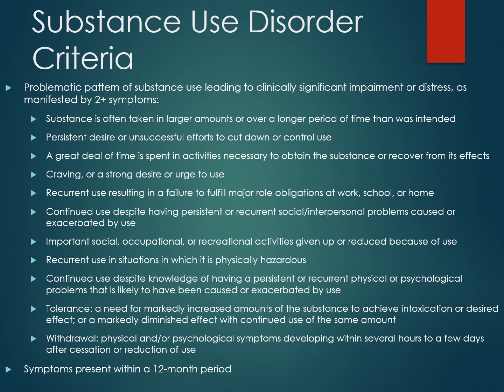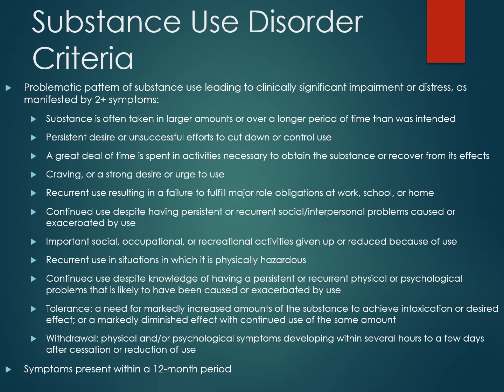The third criterion is that the individual spends a lot of time engaged in attempts to obtain the drug or recover from the drug. So a person would meet this criterion if they have to spend a lot of time tracking down their drug dealer or finding where to get the drug, or even needing to engage in prostitution or theft to obtain the drug. Or they could meet this criterion if, after using the drug, it takes them a really long time to recover, such that they cannot engage in other meaningful parts of their life.